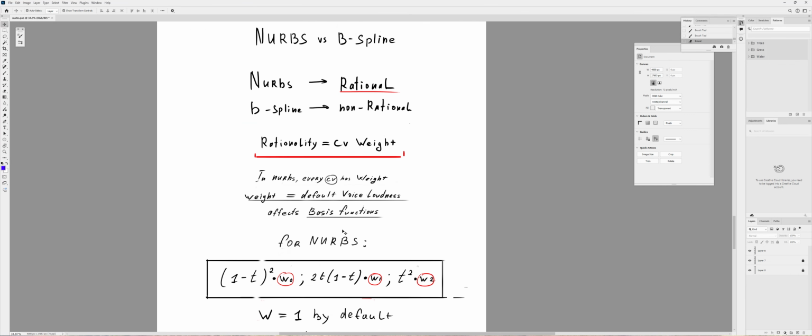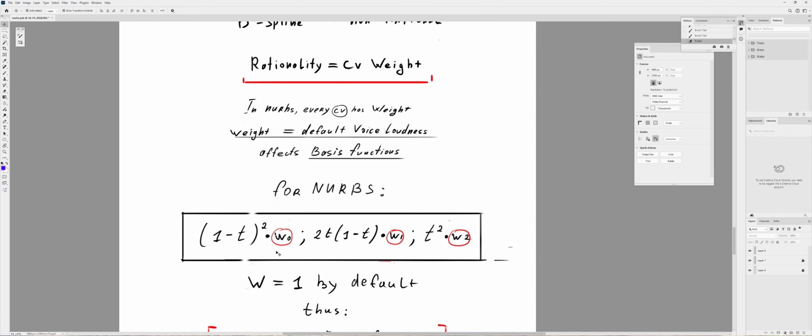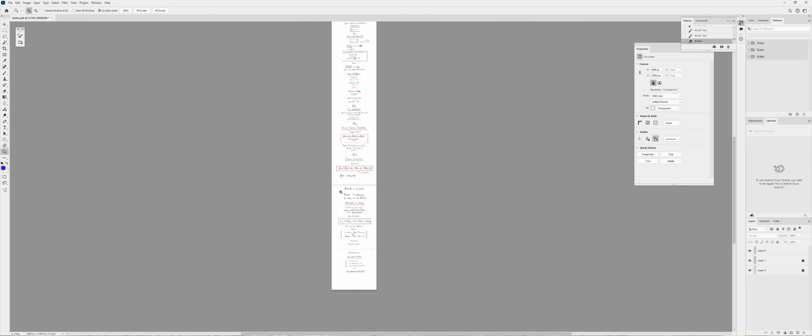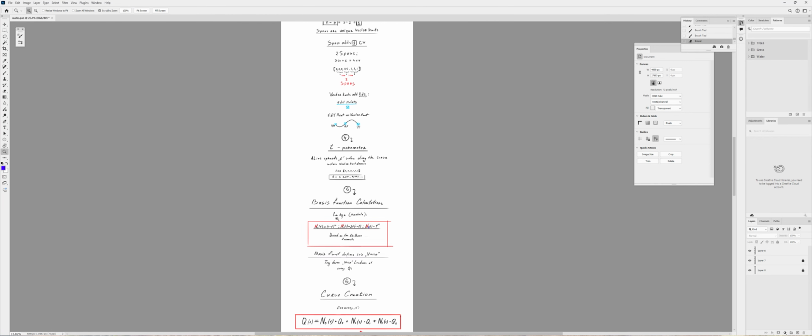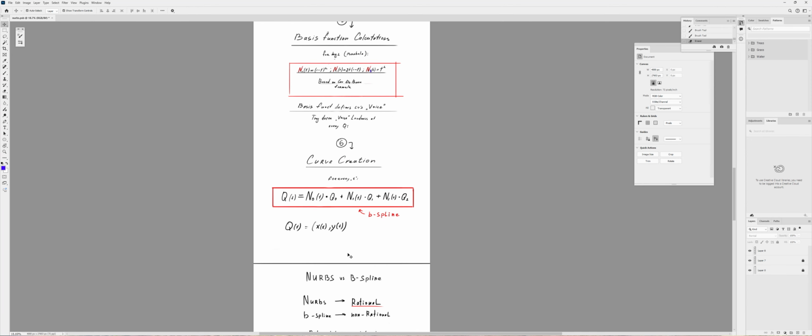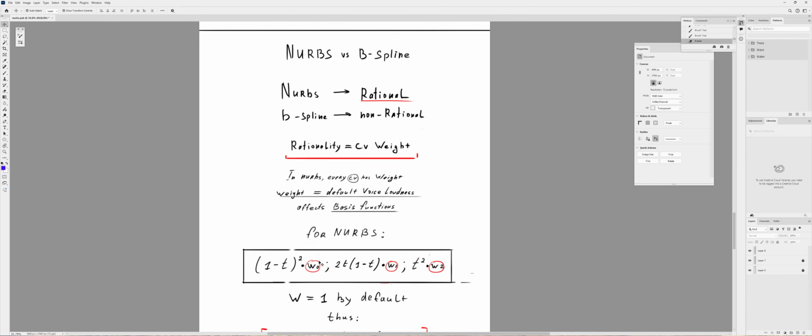So for the NURBS curve, not the B-spline, the NURBS curves as a finalized concept, every single basis function is still the same, literally the same, but they will be multiplied by the CV weight. So the first one will be multiplied by its CV weight, and the second one by its CV weight, and the next one by its CV weight. Now the